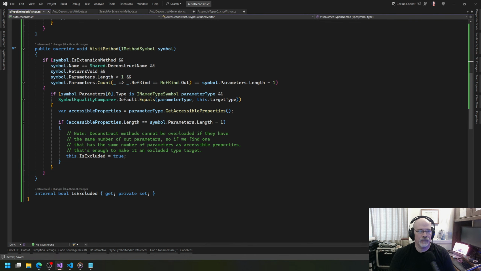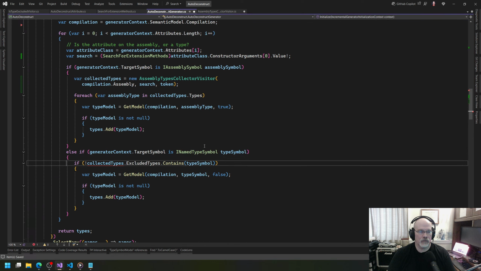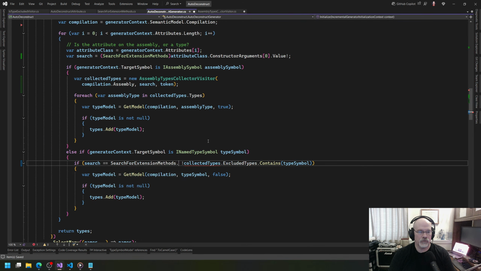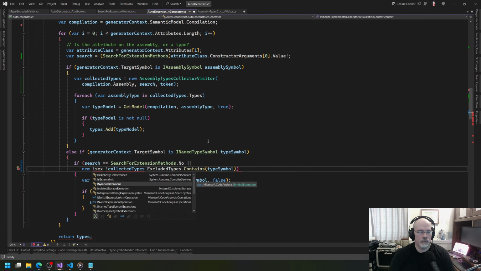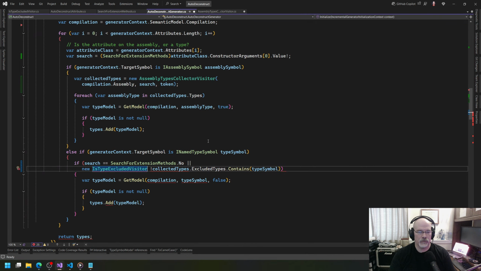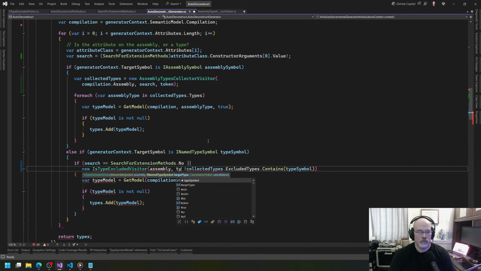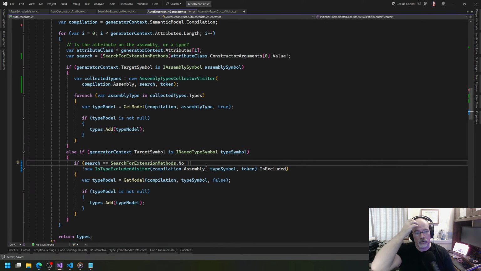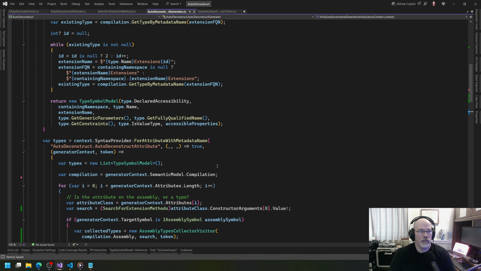Now, if search is equal to, we don't search, or new is excluded, is type excluded visitor, token is excluded, so either we're not looking for extension methods or we're not excluded. Then we do the model. Okay, so